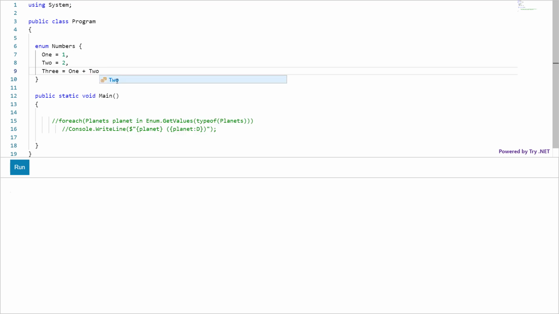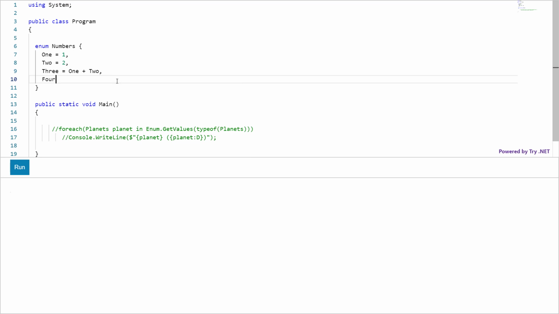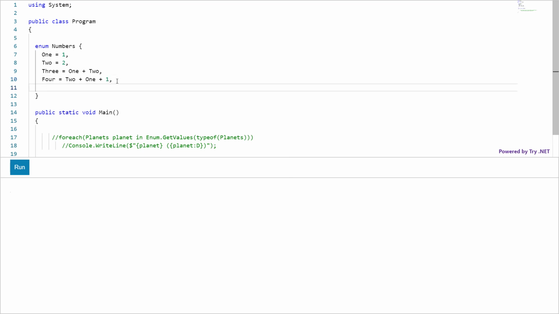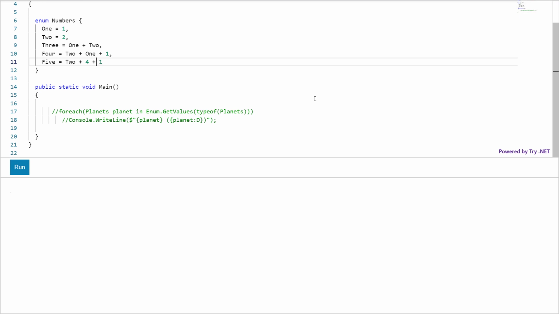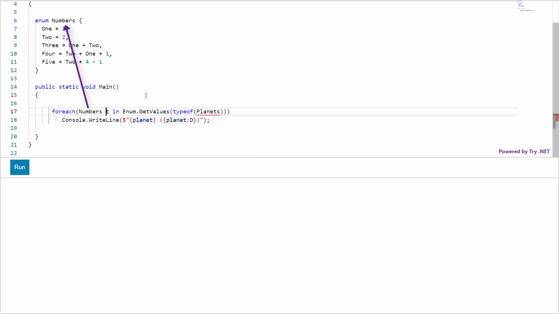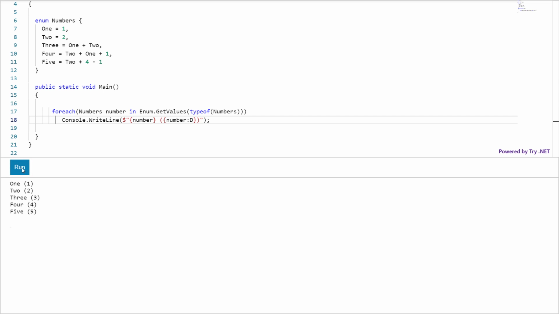Then for 4 and 5, I can do this. Here is the output.